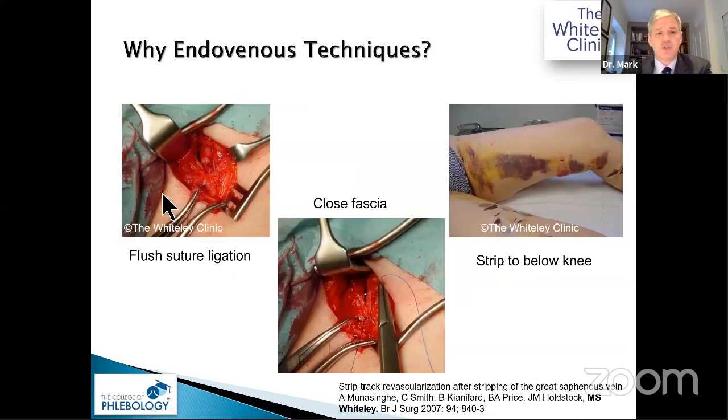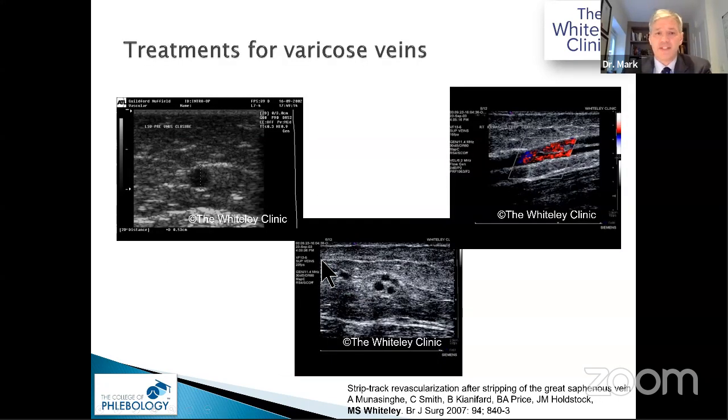In the past, we used to use flush suture ligation. Those of us who wanted to try and reduce recurrences used to use non-absorbable sutures here, after Glass's work from Ireland, and close the fascia, and we'd get the bruising. And as we've just heard, the trouble with this is we get not only